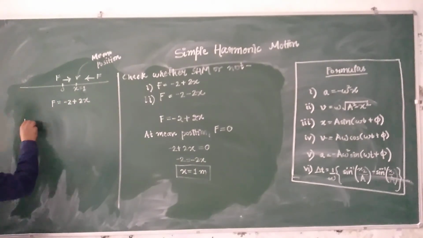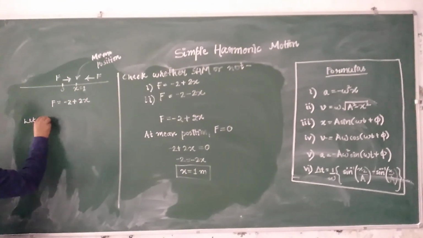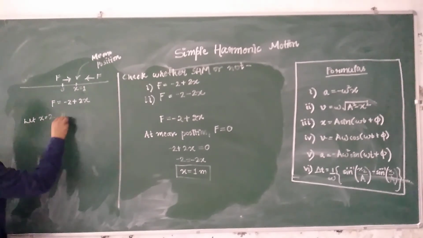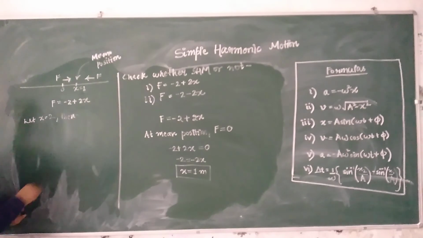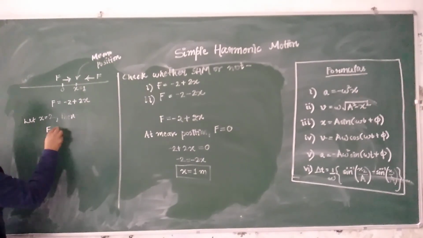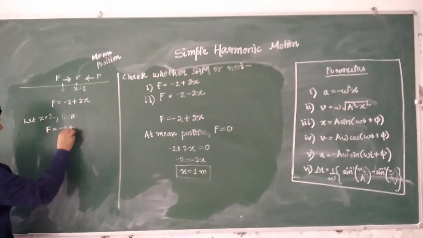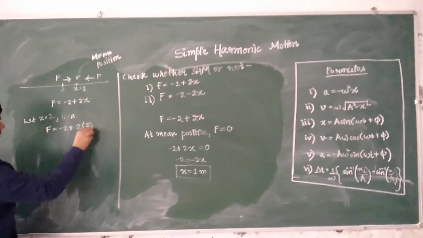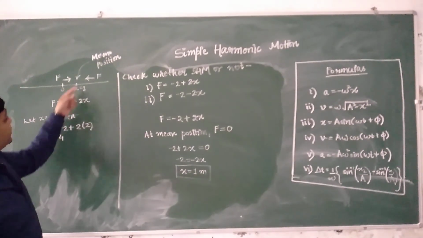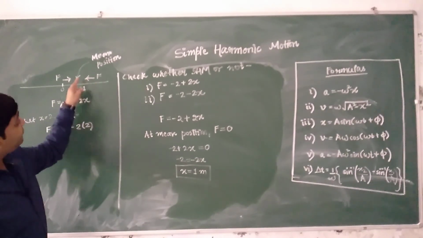So let's say x is equal to 2. Then what will be the value of F? F will be equal to minus 2 plus 2 into 2. So this comes out to be positive. That means F is equal to 4. Since the value of force is positive, that means the force is acting in